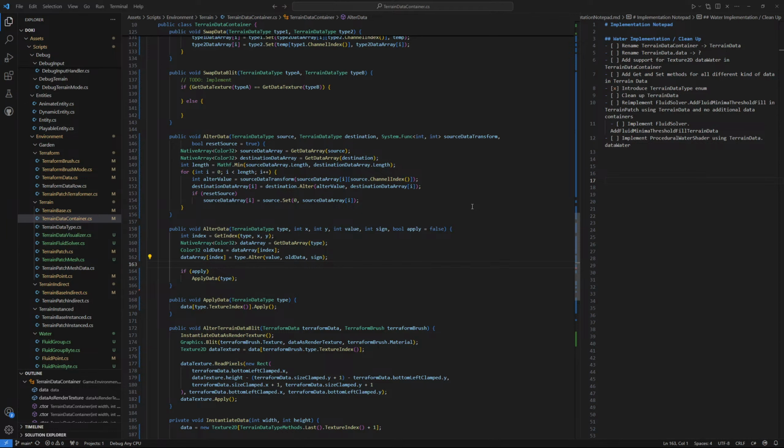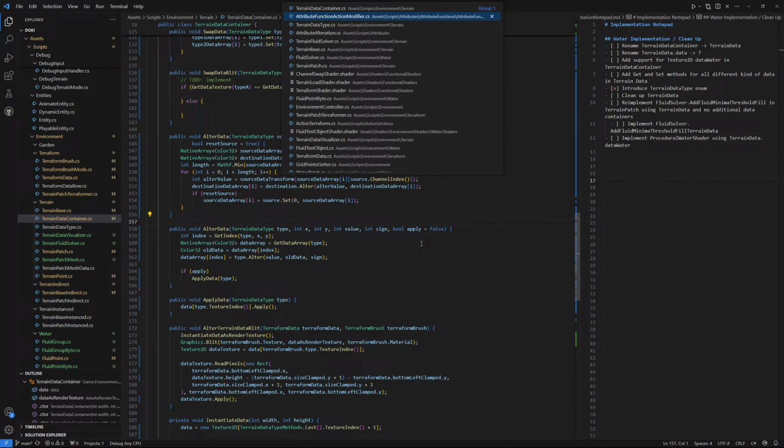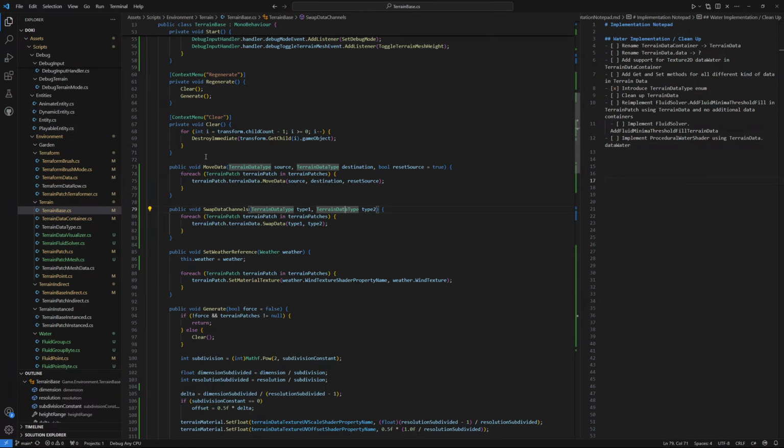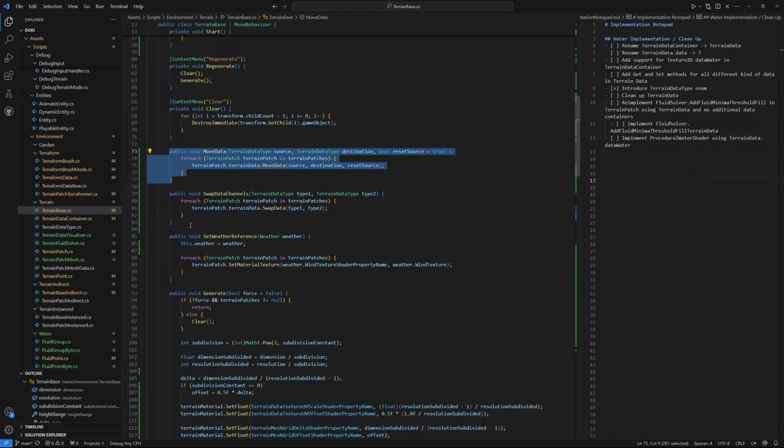We calculate alter value by getting the source value, transforming it using source data transform, and then we set destination data by altering the current value. So let's see, how would that look in... Yeah, then of course we need this extra step, which I hate, but